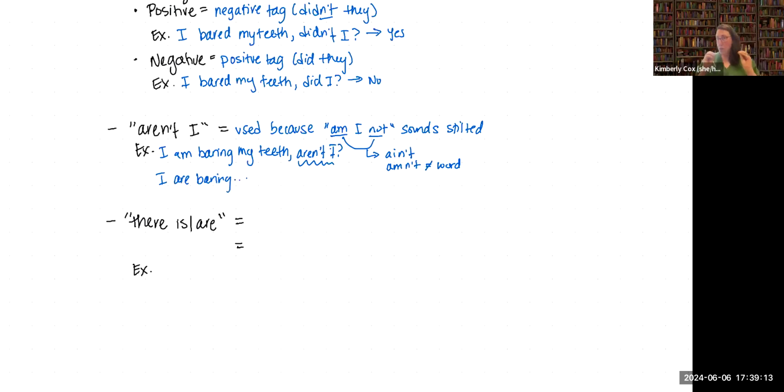So it's just important to be aware that we do use aren't I in this way, even though technically the pronoun I and the predicate are do not agree in number. Okay. Similarly, with there is or there are,